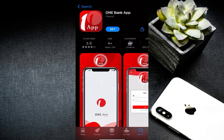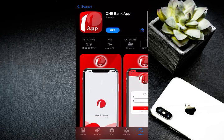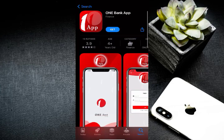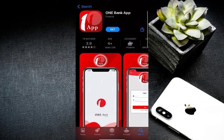To access premium features such as a higher savings rate and mobile check deposit, customers need to receive at least $100 in direct deposit monthly. The app is user-friendly and provides access to a large network of fee-free ATMs. So the One app is a solid choice for those comfortable with online banking and seeking a fee-free account with